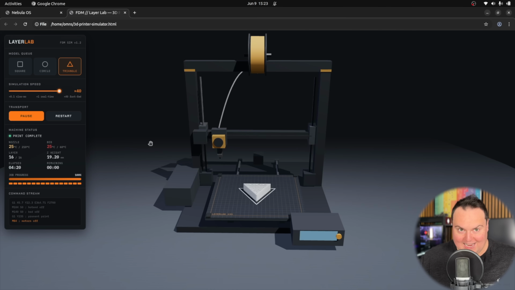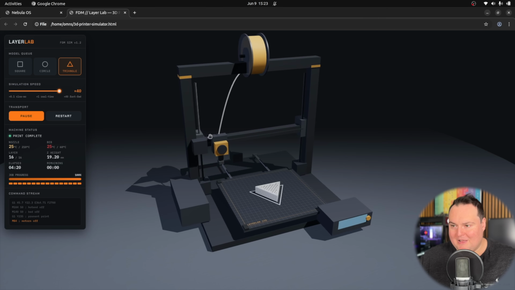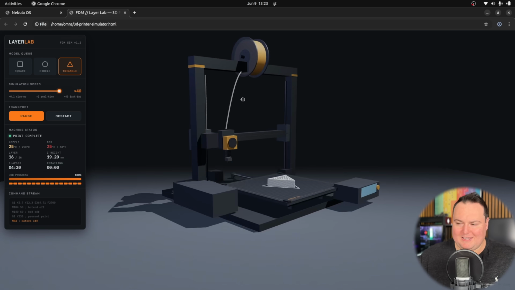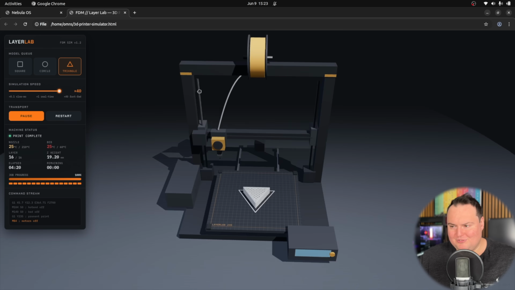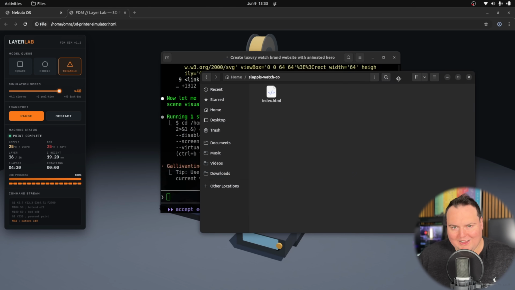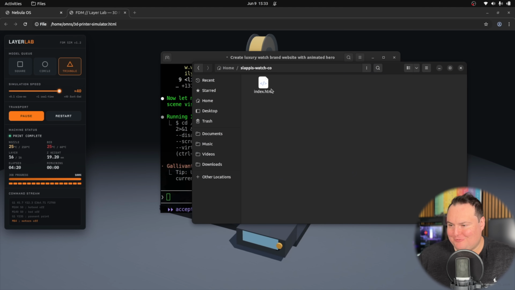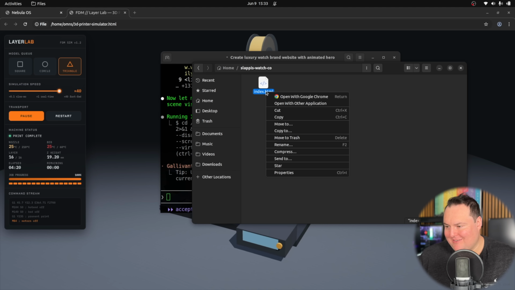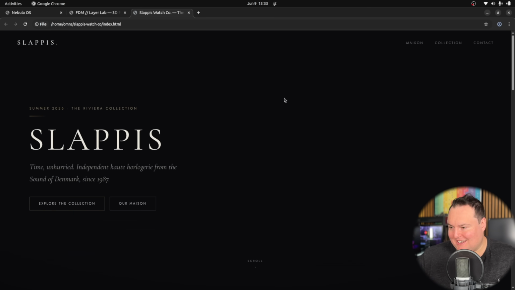Keyshot is a very high-end and expensive rendering program that gets used for a lot of things you see day to day. So it should just make all the assets look very, very high end. While it isn't officially done, it's just doing a Q&A check. And basically every time it's done that, most things have been very, very impressive. So let's take a look at our front end watch website.